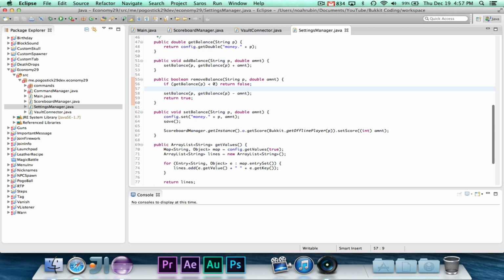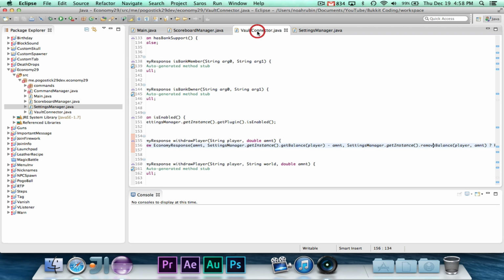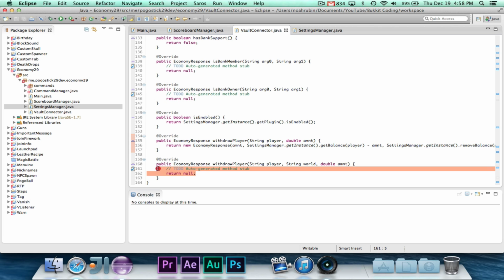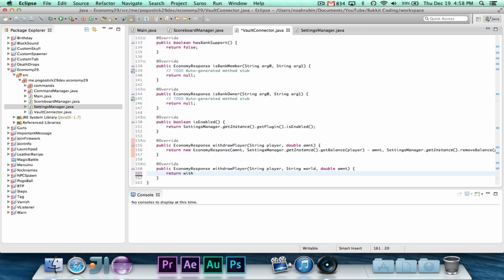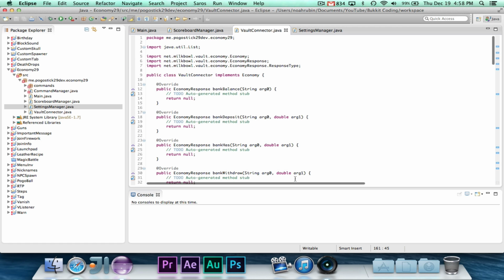So what we're saying is, if we get their balance and take away the amount and it's less than 0, then we return false, and it won't change the balance at all. Otherwise, we want to set the balance, subtract the amount, and then return true. So that would take care of that. And finally, return withdraw player for player and amount. And that should be it.